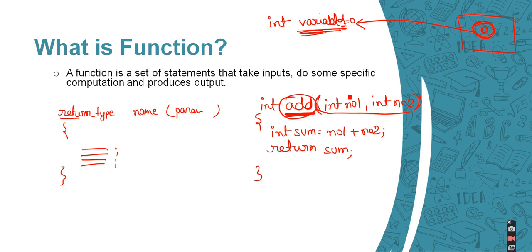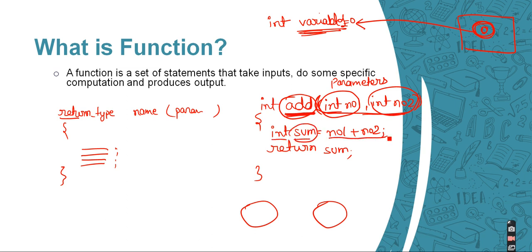And now what is this? In my function we need to sum numbers, right? To sum any numbers we first of all need the numbers, right? So that's why I have taken int number1, int number2. These are termed as parameters. If I want something, then I will use these parameters, and any number of parameters, any type of parameters can be accepted. So I am accepting integer type here. Now I write int sum = number1 + number2. Whatever values are provided to this add function are going to be added, and return sum.